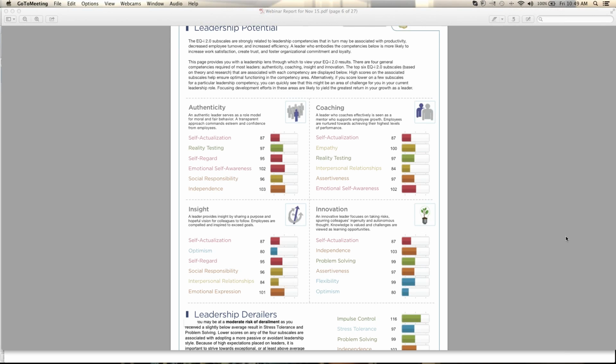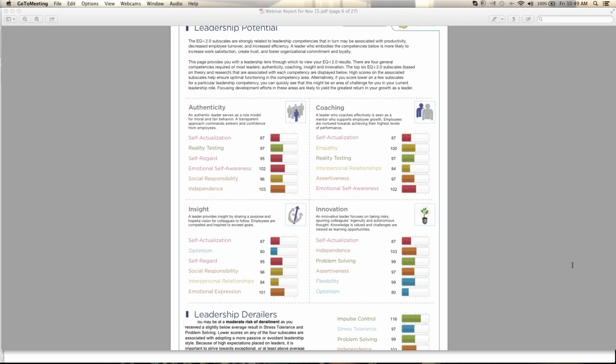Just to give you a few more details in answer to your question, in terms of how you take the assessment, let us know that you'd like to take it. We'll send you the prices involved. We package our assessment and debrief with 3 coaching sessions. The first coaching session is to review the results of your assessment. The second is to follow up on that, and we might give you some homework to do. Then a third session to follow up and see how you're progressing in addressing various areas that you're interested in addressing to become more effective.